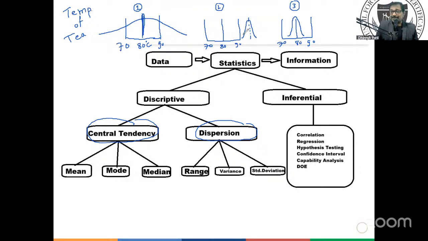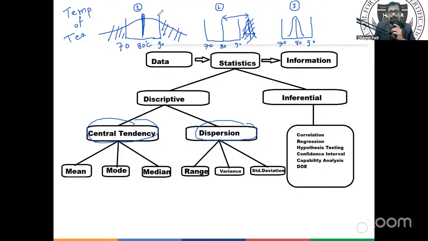In the second case, try to understand this. The dispersion is very less. The spread of the data is very less. But the mean is not matching with the target. There is a huge distance between the mean and the target. So this entire thing is rejected. It is too hot for the customer to consume. Here, the data of this side and this side will be rejected because it is above and below the specification